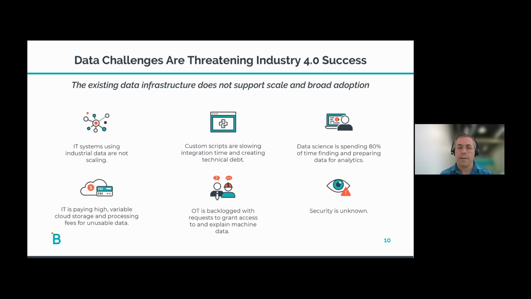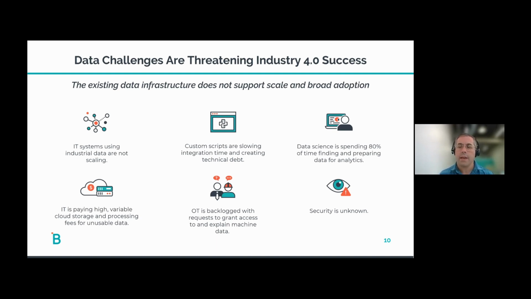We're also finding that even though we're trying to make data available to everyone, people like data scientists report that they're spending a vast majority of their time actually looking for data and not performing their analysis. So we need to accelerate that.